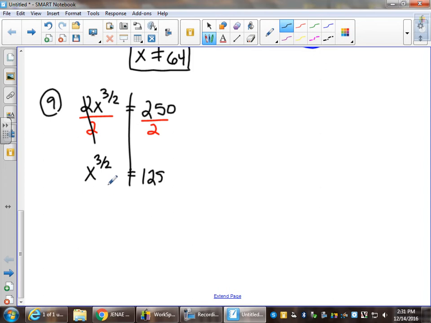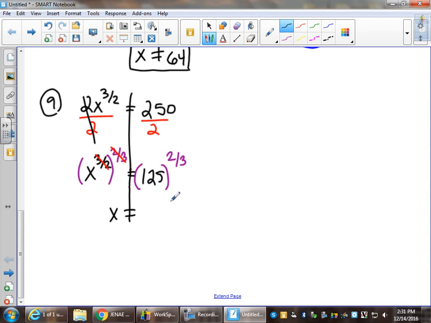What are we going to do next? Well, this is as by itself as it gets. To isolate x further, the reciprocal of 3/2 is 2/3. So I will raise both sides to the 2/3. 3/2 times 2/3 cancels out because 3/2 times 2/3 equals 1. They're reciprocals. So I get x equals,